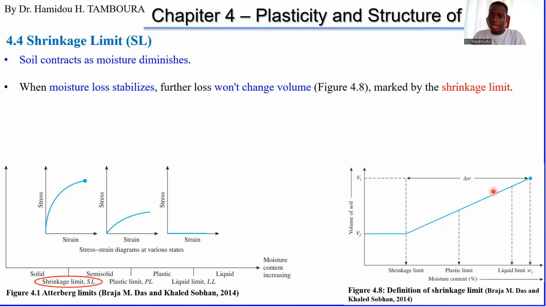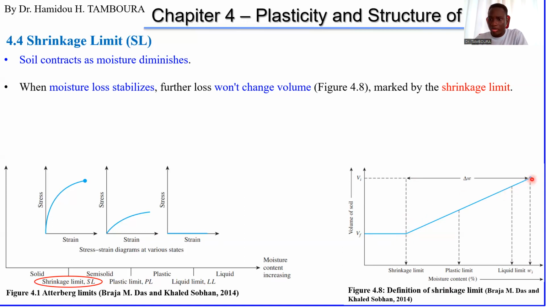That's the meaning of shrinkage, actually. It means your soil is shrinking when the amount of water is reducing. Then at a certain moment you will be here, here, and here. And finally, when you reach this point, despite the moisture content decreasing, the volume of the soil remains constant. Once you reach that point,